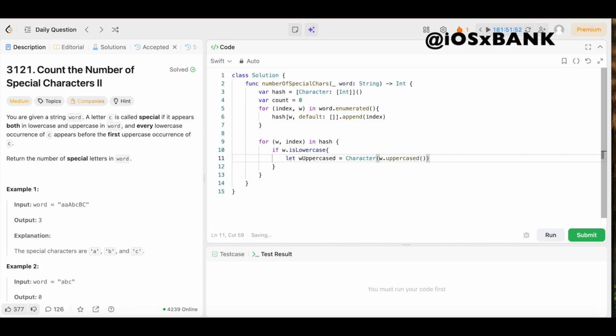Then we need to check if the uppercase version exists in the dictionary. If we can get the first uppercase index, we could get the last lowercase index. So we need to check all three of those things. If the uppercase version exists in the dictionary, if we can get the first uppercase index, or if we can get the last lowercase index. So we need to check those by coming underneath this let, and we're going to say if let uppercase indices equals hash square bracket W